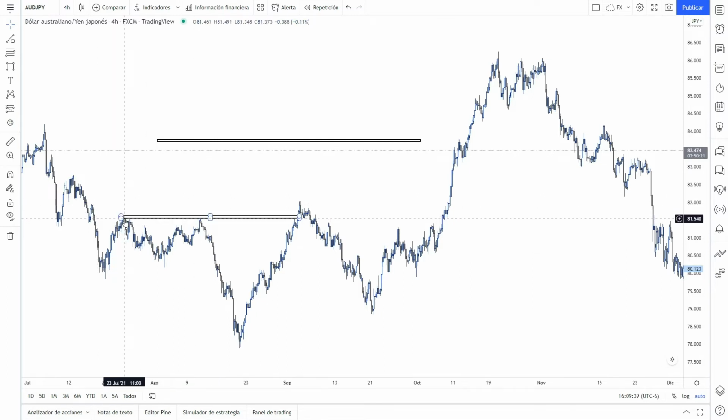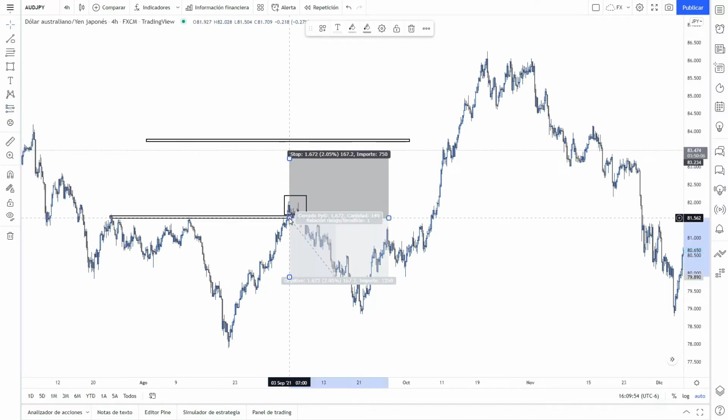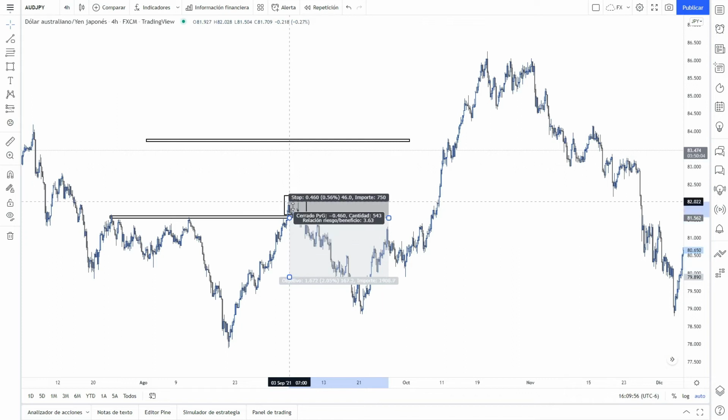We have one test, we have the second test right there. But see what happened here. Why do you think this happened? Because people were waiting for the third test, and they placed their stop losses right above the resistance level, and